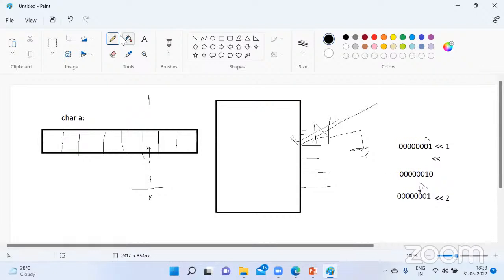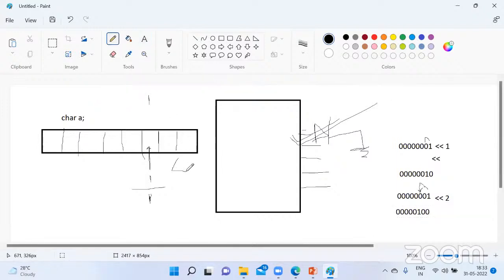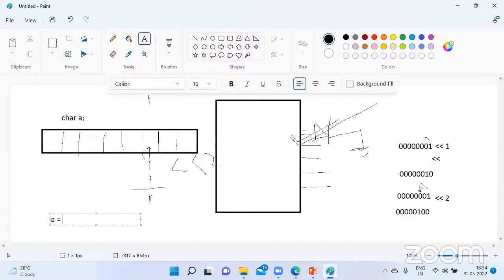This will have to go to 2 bits. Now what is the value? The value will be like this: 0 0 0 0 0 1 0 0. Clear? Yes or no? Now same thing. If I'm doing left shift here 2 times, then here 1 will come. So the simple answer: A equal to A OR operation with